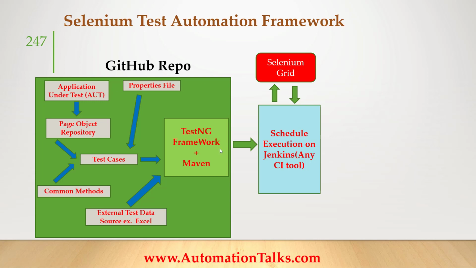Once we schedule it, the test case execution will happen on Selenium Grid. As soon as the execution gets completed, we are going to integrate an Extent Report into our test automation code, right? So once the execution is finished, it is going to produce something called an Extent Report. There are again different types of report. By default, Selenium does not have any reporting capability, so we could use TestNG's reporting capability, but those reports are not pretty good, so we use something called Extent Report.